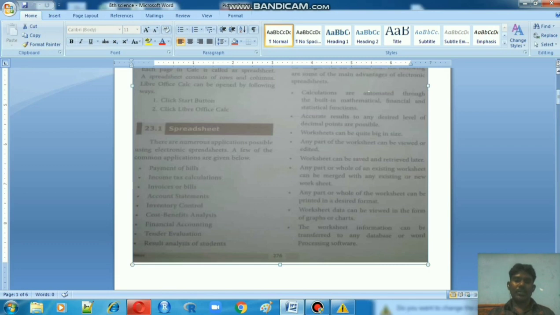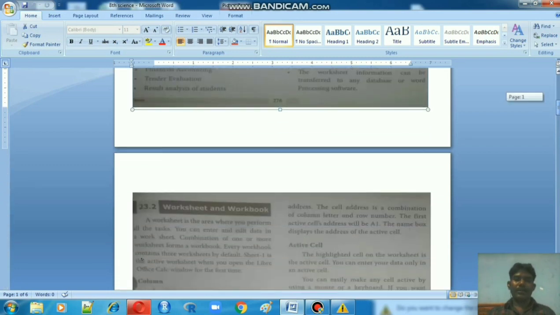So all of these are advantages of a worksheet. These details can also be transferred to your database and maintained in a database itself. That is also possible to process in this software itself.